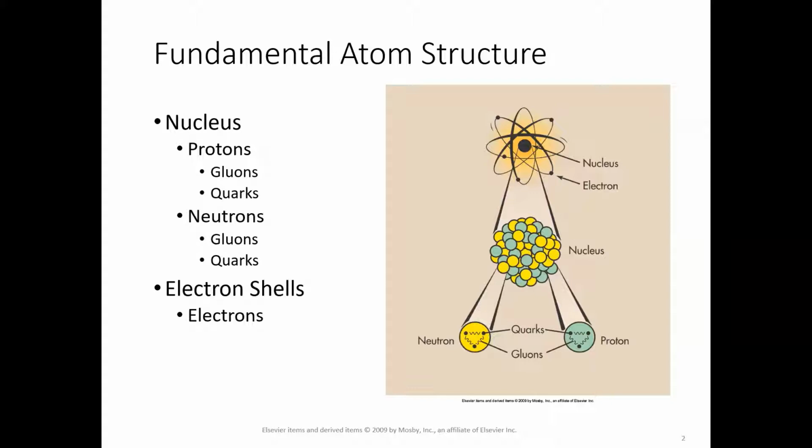Everything in nature is made of atoms. Atoms consist of primarily a nucleus, in which, at the center of the atom, are protons and neutrons, each of which have their own subsequent particles that are considered to be more fundamental than the protons and neutrons. Really, at the level of radiography, we just need to understand that there are protons and neutrons in the nucleus of any atom. The number of protons and neutrons will vary, and that's part of what gives atoms their